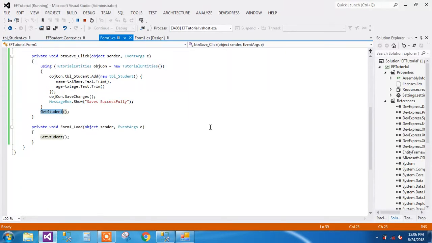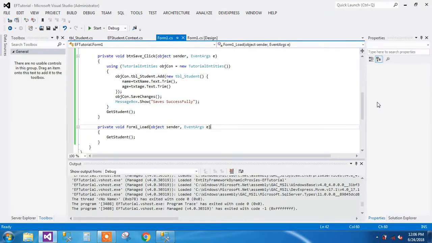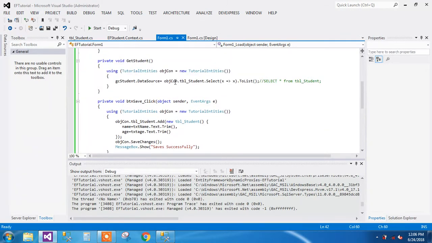Okay. So it is a very simple way to get the records from the DB. So just a single line is enough to get the records. So keep in mind that when you use this x, it will get all the records, all the field records from the DB. So by this we can bind the grid. So in my next video I will show you how to get a single record value and to